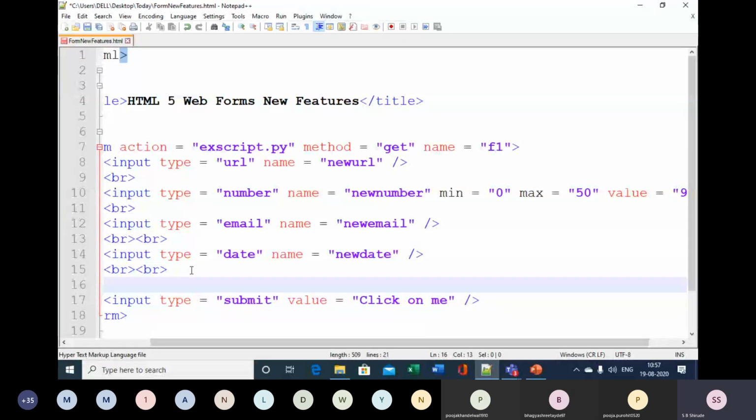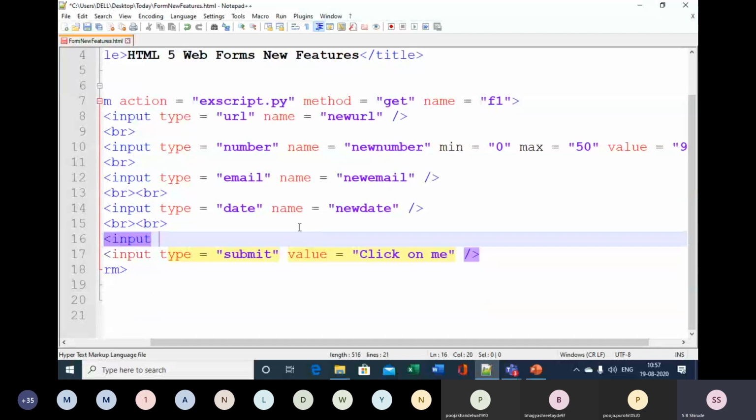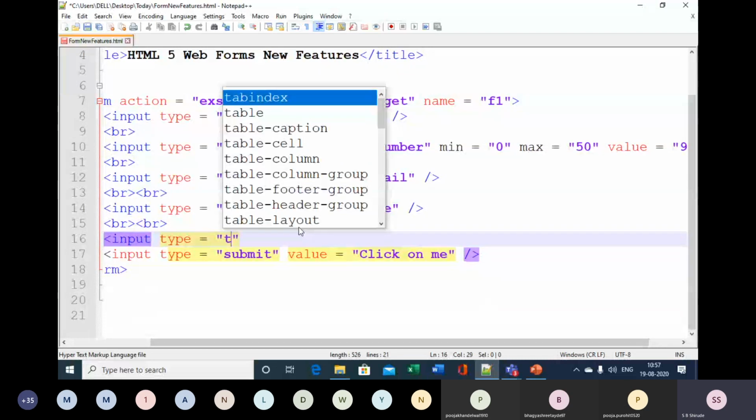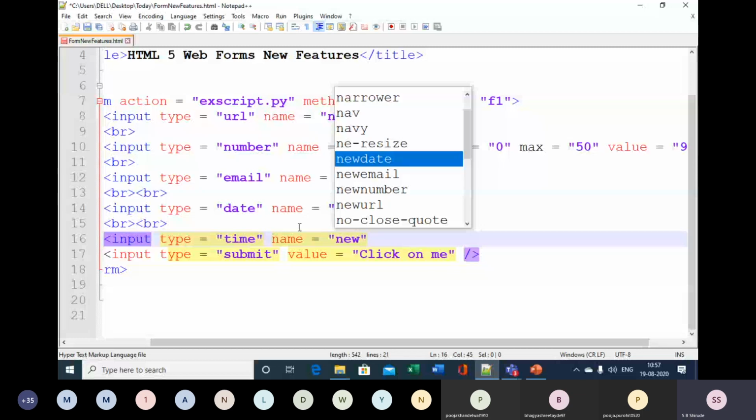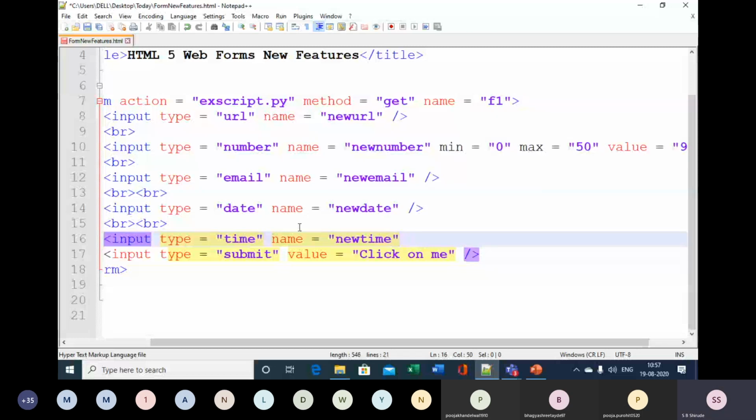After date, we'll see the time control. So input type is equal to time. Then name is equal to say new time. And then close this tag.